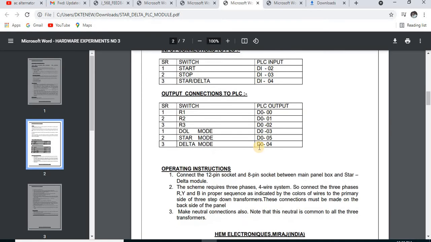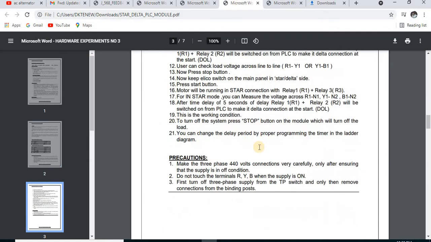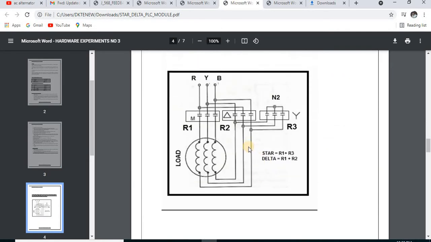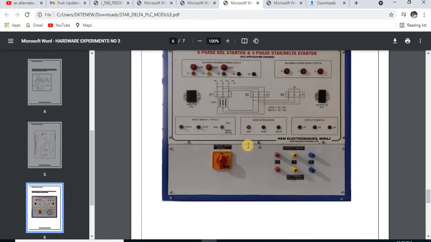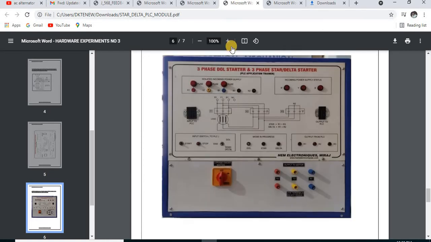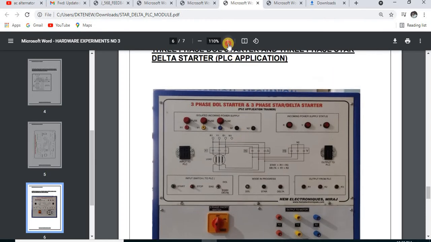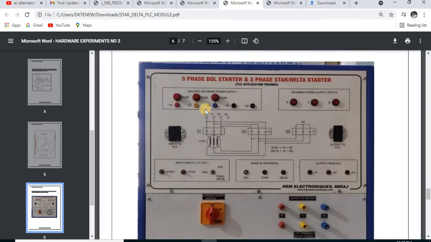I'll show you the diagram. This is the kit which we are using to study. There are three fuses, three phases and a neutral, for the incoming power supply isolator and incoming power supply status.